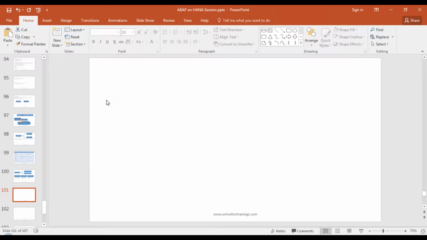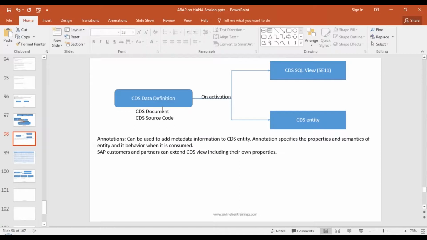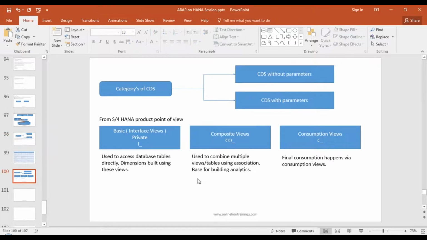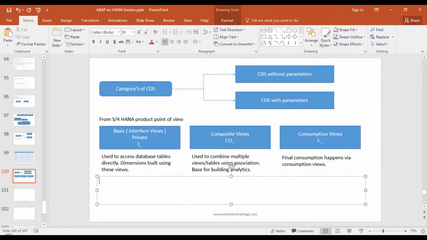Okay, so let's go ahead and create our first CDS views. As I promised, we will start with the DDL source, a data definition source, and on activation it would create two artifacts in the system. We will see both of these artifacts in the system. Once again, to use these new concepts, you cannot use your SAP GUI. You have to use ADT, ABAP Development Tools in Eclipse, to create CDS views. We cannot use SAP GUI.